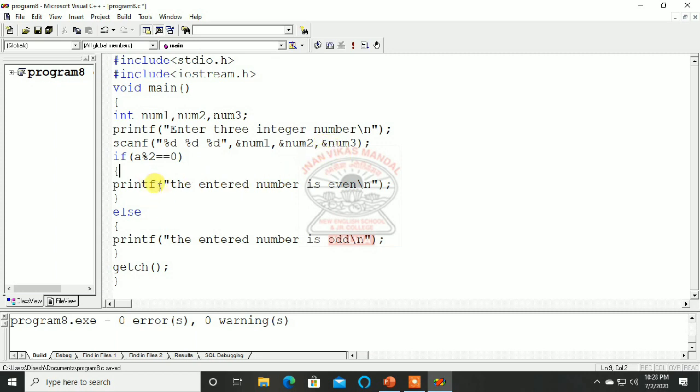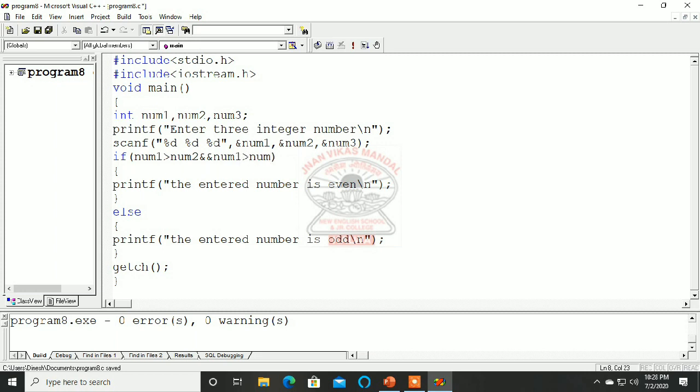Now in this, the if statement is a little bit complex because we have to check. Now the logic will work here. See here, we want to check whether there is a greatest number. So I will check whether first num1 is greater than num2. At the same time, I want that num1 should be greater than num3 also.